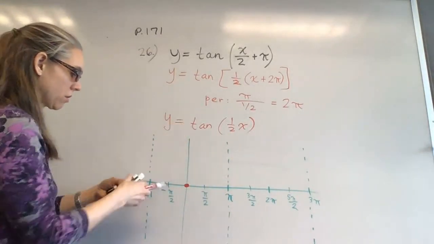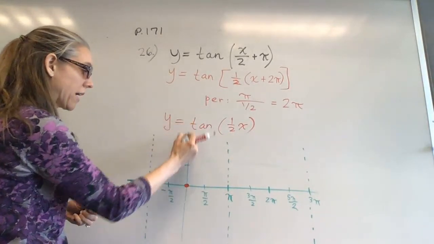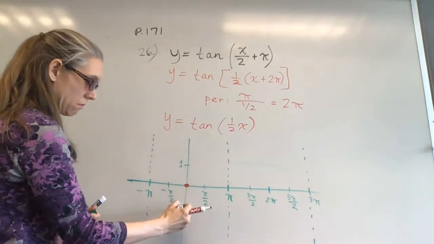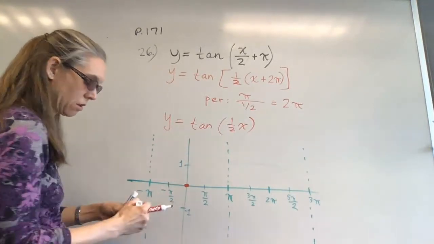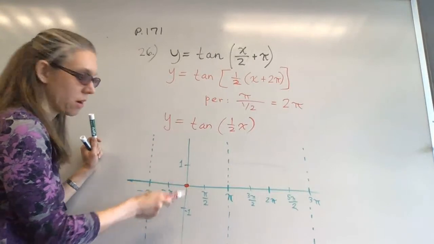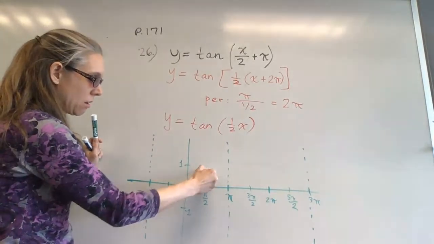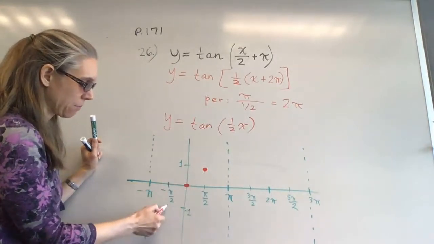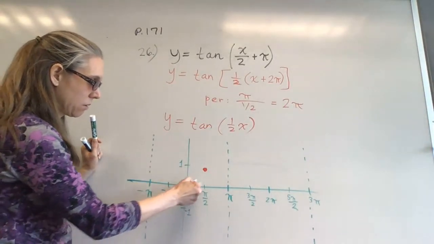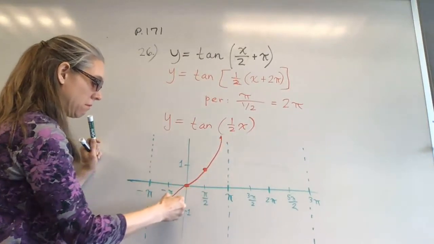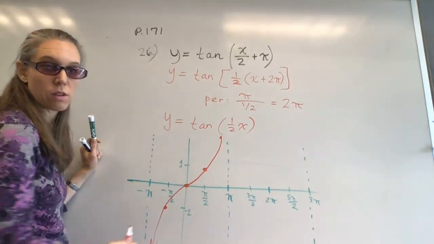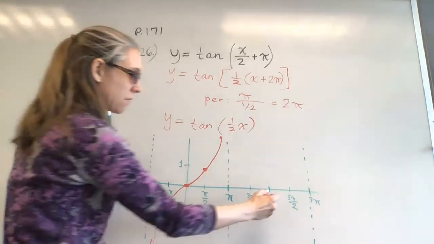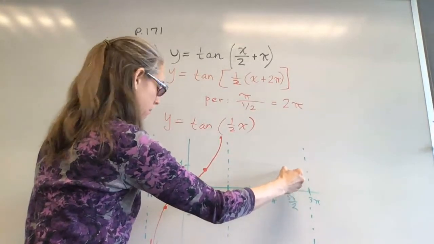There is no vertical shift, no vertical stretch. So my axis would have a 1 and a negative 1. I have one point at pi halves, 1, another one at negative pi halves, negative 1. So there's my first copy of tangent. And then over here,